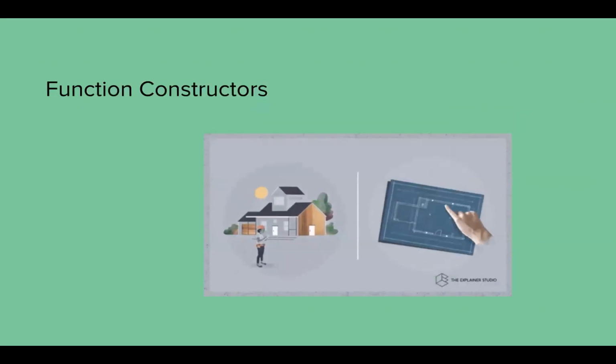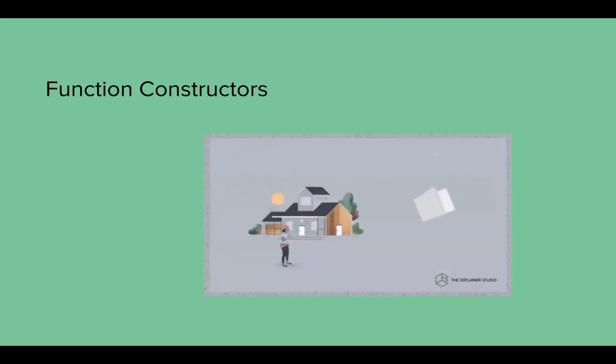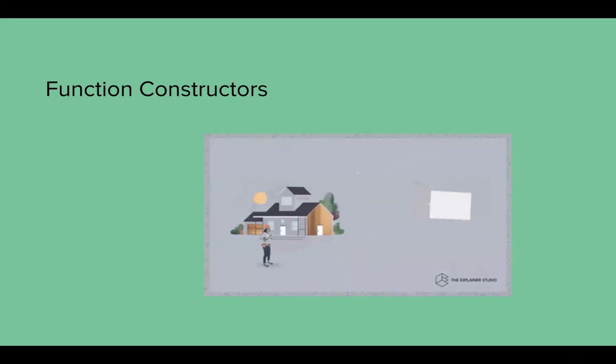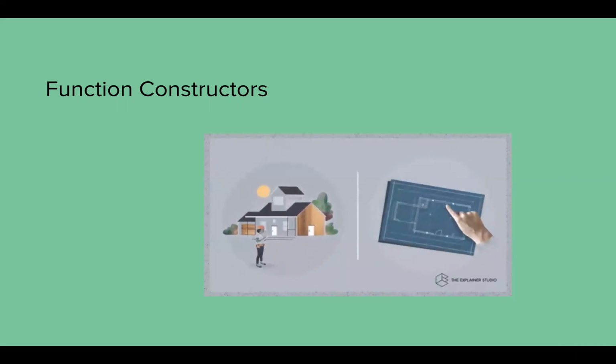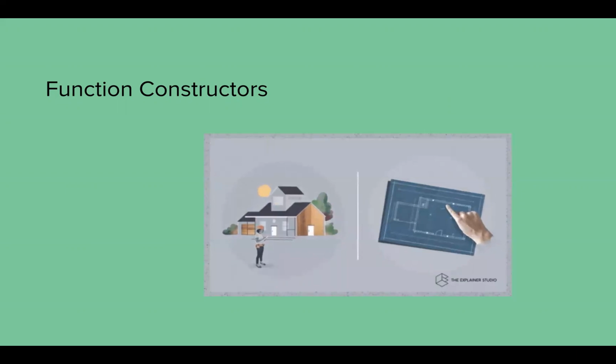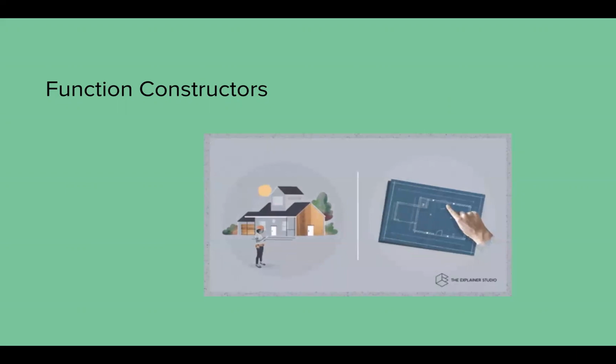After that, I have a constructor function. On the right hand side, you can see I have provided a blueprint, like where I want the things to be, and using that I am creating my objects, which you can see on the left hand side. So again, it's a blueprint of a house, but that's what it correlates to in our programming. A constructor function is a blueprint of an object, and using the new keyword, you can convert that blueprint into an actual object. This is the most important thing you have to understand.